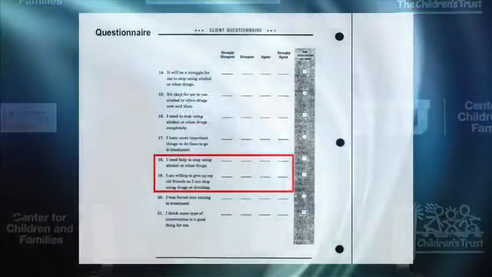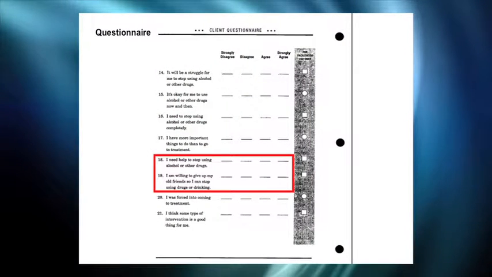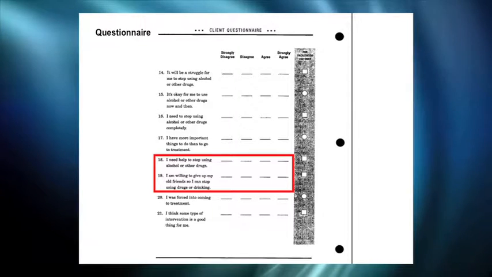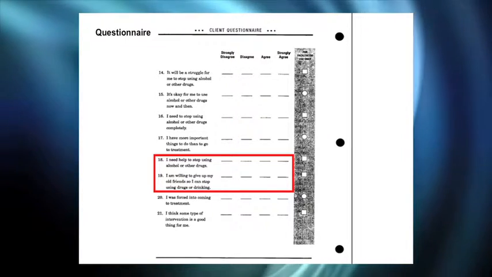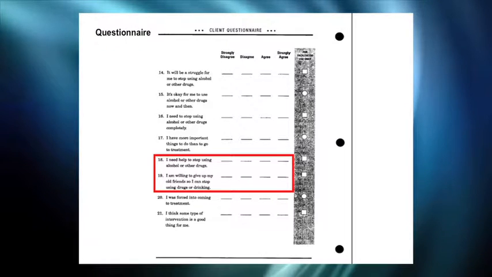That sounds like, surely that's a develop discrepancy point. That sounds like that could be a problem if you say you can't control it. Of course, like I say, they could control it even though they're using a lot. Control doesn't mean that they're able to stop. 18 and 19, I need help to stop using alcohol or other drugs. Good news if they give an agreement. Again, you get to perhaps develop discrepancy or just find out what you might already be knowing, that you might be up against some barriers here.